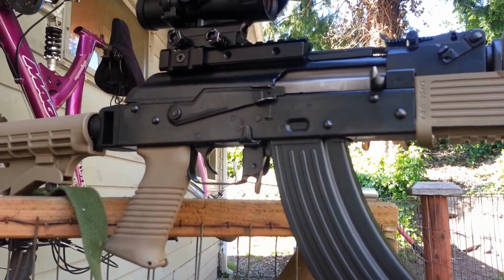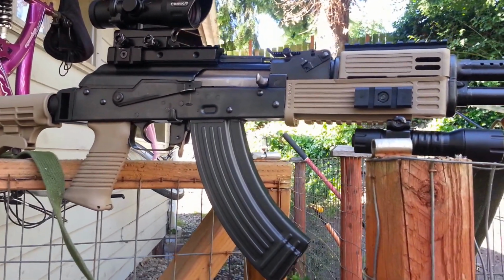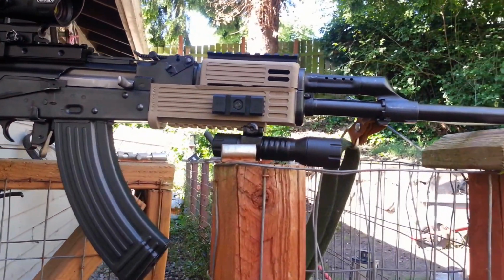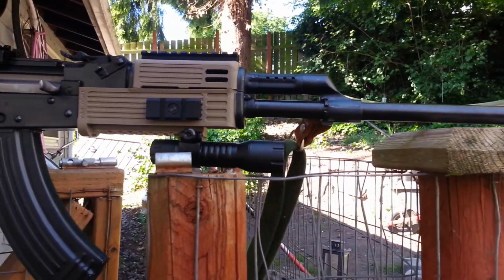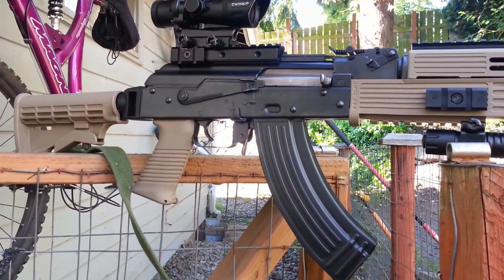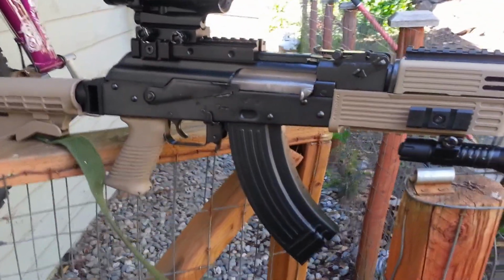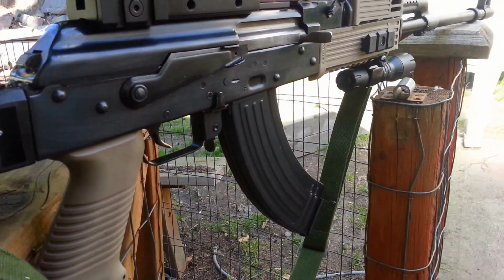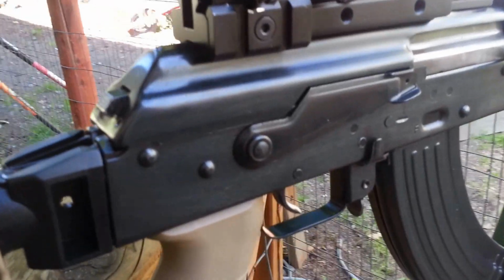Now, I can tell you one thing: this is the heaviest rifle you could ever imagine for the size of it. I mean, this thing is a tank. You almost cannot hold it up with one hand. It is ridiculously heavy, and I wouldn't want to lug this around during the zombie apocalypse. However, maybe I'll make the parts carbon fiber or something. Who knows? But it's really heavy. I haven't weighed it, but I've had several AKs, and this is by far the heaviest one I have ever seen. So I can attest that the receiver is probably correctly 1.6 mil thick. It sucks, it's so heavy. But I added this little receiver cover here,